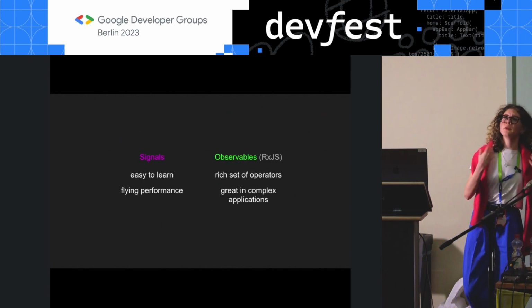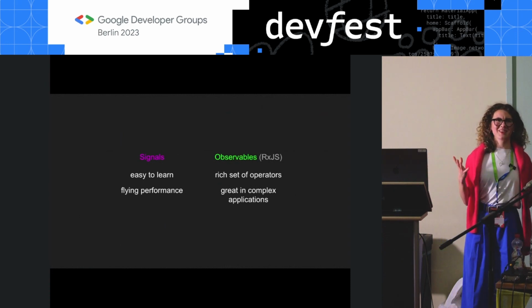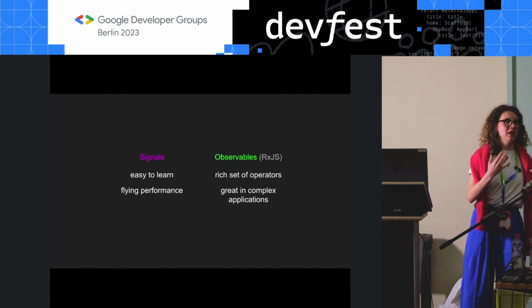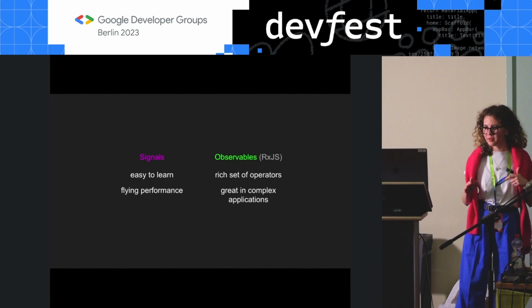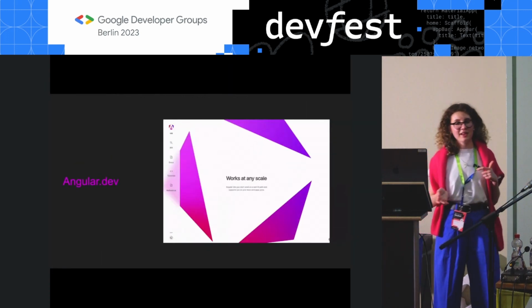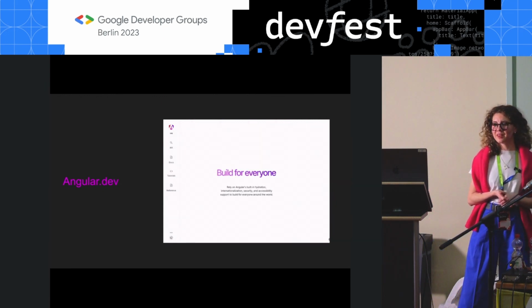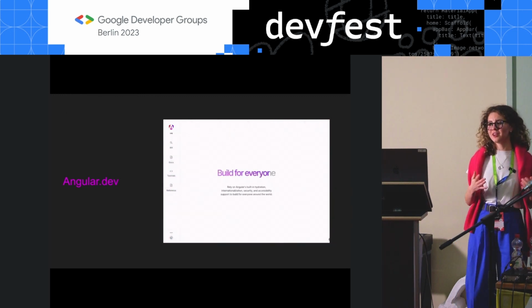Now, the last topic that I want to touch upon that relates to DevX is documentation. I don't know if you guys used Angular before, but when I was starting up, but still, when I want to look up something or learn something new, Angular documentation is a pain point for me. That's why I'd like to introduce you to a future home for Angular developers. It's Angular.dev. It's a new website. It's a new place to find your Angular docs, and it's not 100% ready yet, but they have already released it, and you can already check it out.